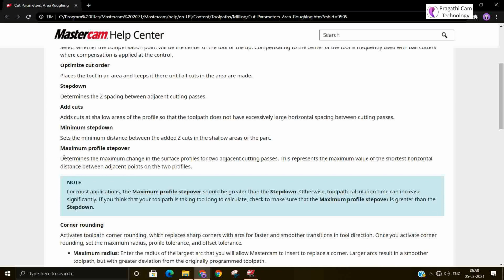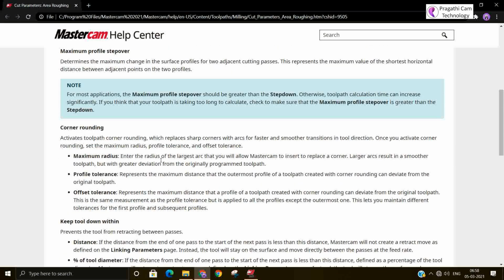Profile step over is also similar. It does it automatically. Next, you can read about the corner rounding also.